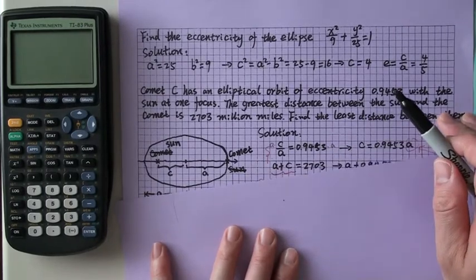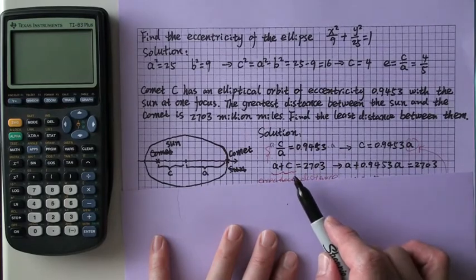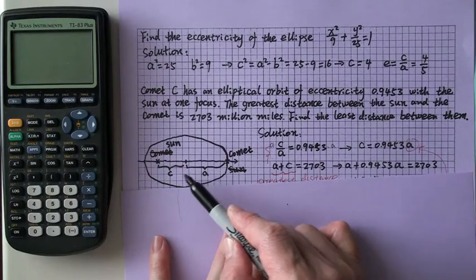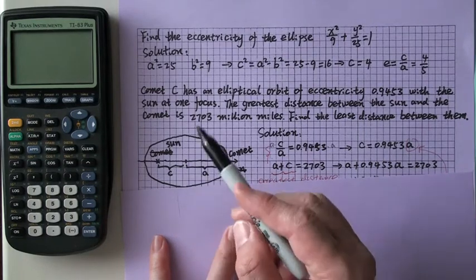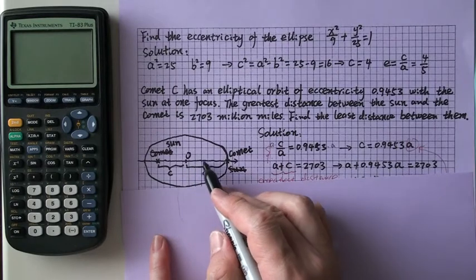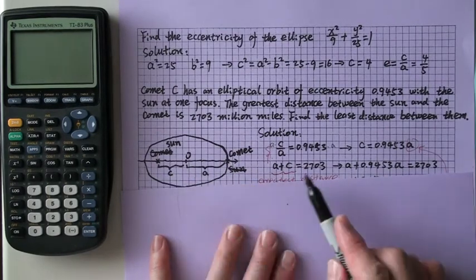Now down here, the big distance is actually A plus C. We know this is the center origin. This is the major axis. So A plus C is